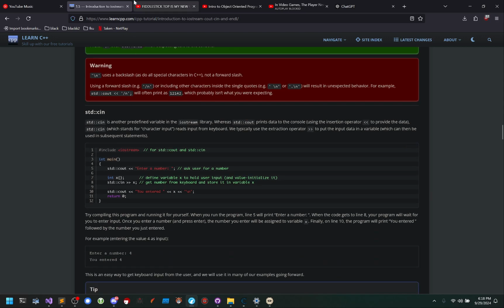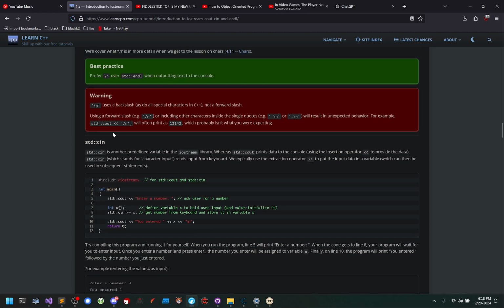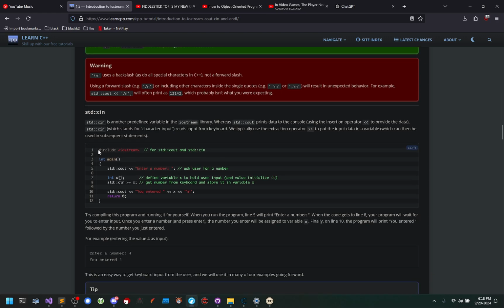Okay, so std::cin, standard character input. Standard character input is another predefined variable in the iostream library, whereas standard character output prints data to the console using the insertion operator. Provide the data. Standard character input, which stands for character input, reads input from the keyboard. We typically use extraction operators to put the input data in a variable, which can then be used in subsequent statements. So for standard input, standard output,